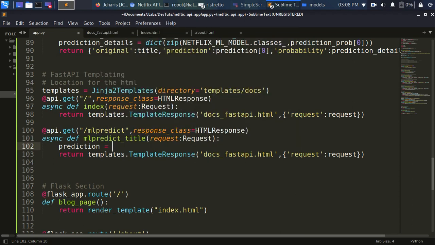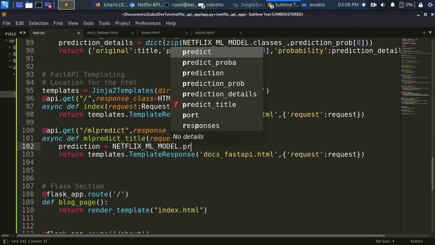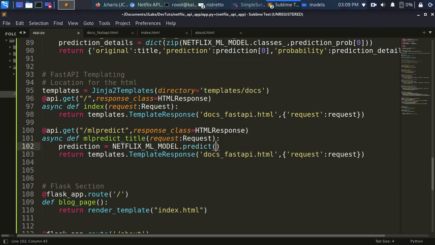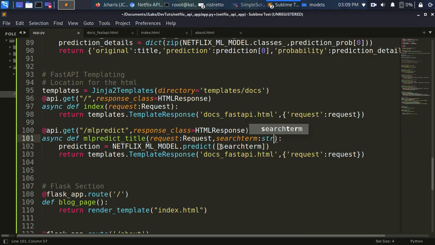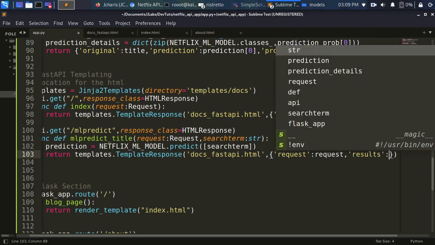I'm going to pass in the Netflix API dot predict. Then whatever the person supplies, right? So that is going to be, let's pass in my search term, which will be working on it perfectly. So I have to be able to specify this particular request here. So search term is going to be a string, and then it's going to return that particular one here, and then I have to return it back again. So here, result is going to be the prediction,